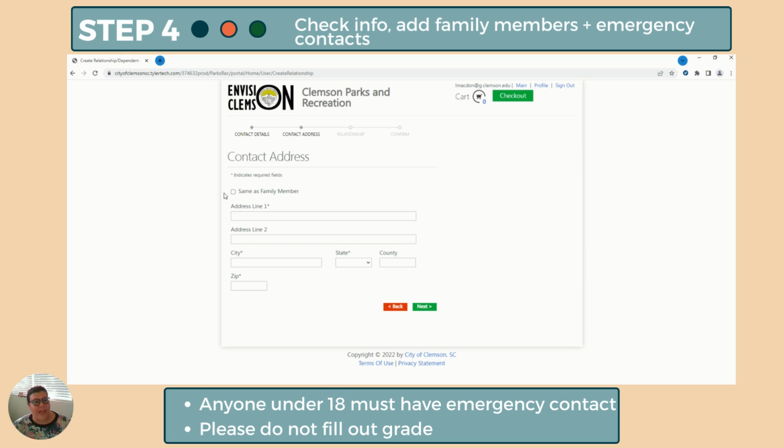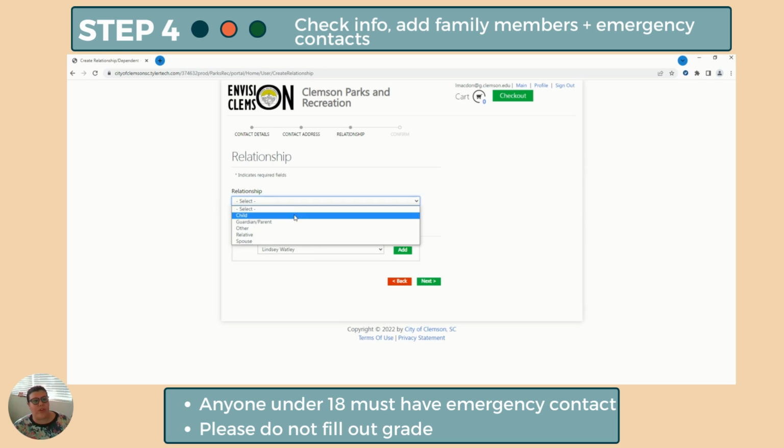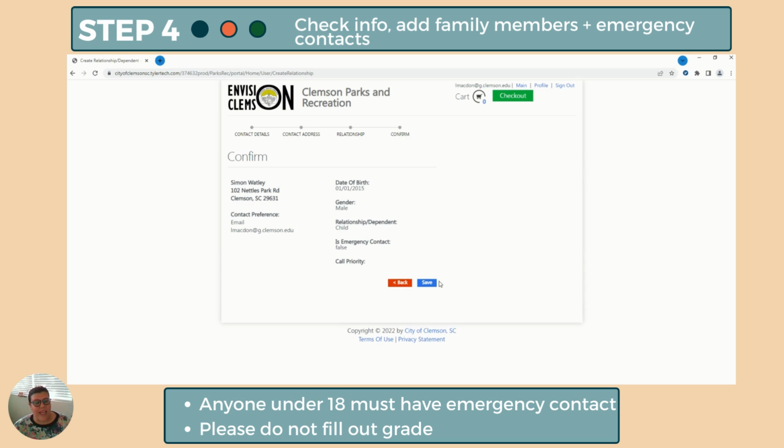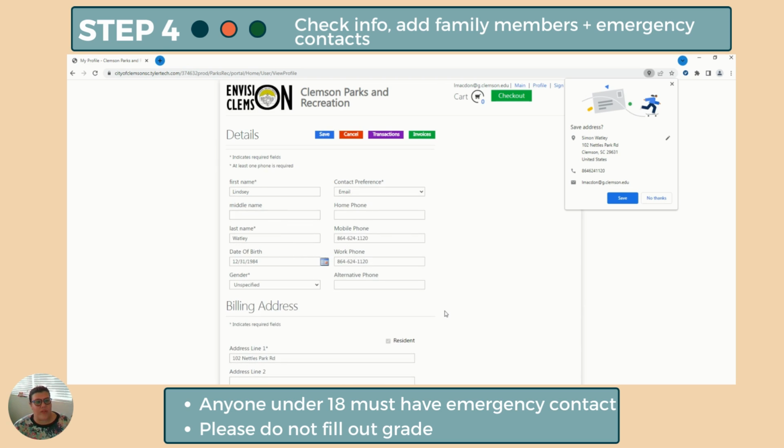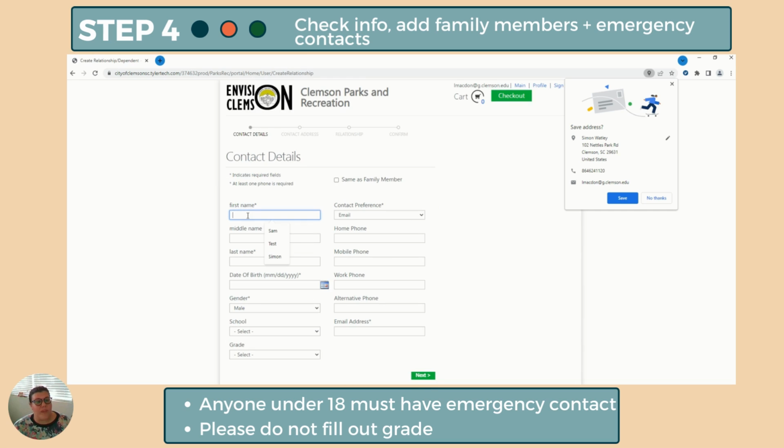In addition, when entering your children into the system, please do not fill out grade. If you do fill out grade, we do have to manually go in and change that, so it may affect registration and give you a headache in the long run. So just leave grade off. So at this point now I'm adding Isaac here so that I can add him into the emergency contact system